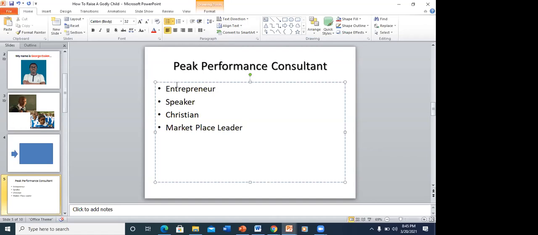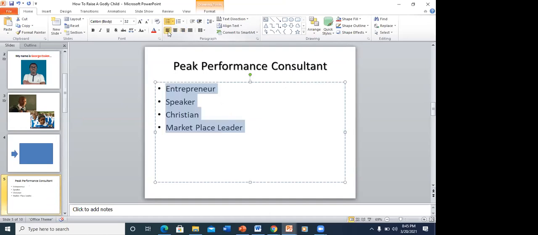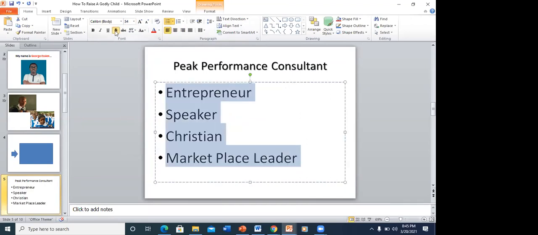If you have this kind of thing and you want to use any of these alignments, you Control A and you click this, or this. You want to increase the size, you go here and increase the size. What you want it to be, add your shadow. And you have something good there.